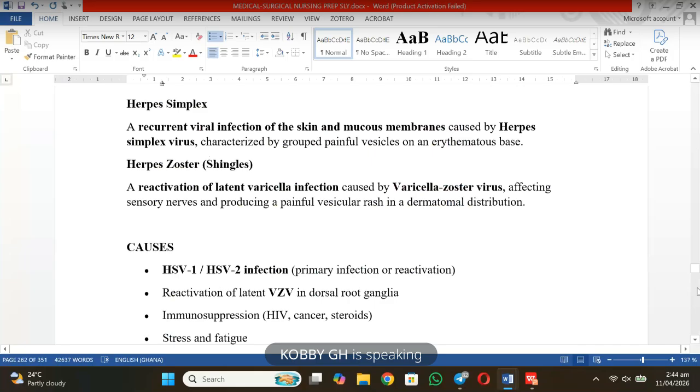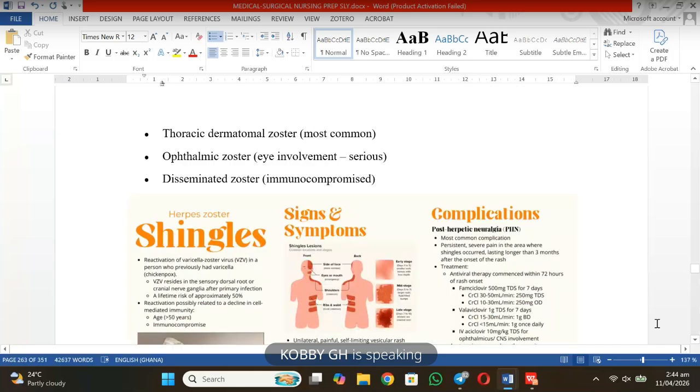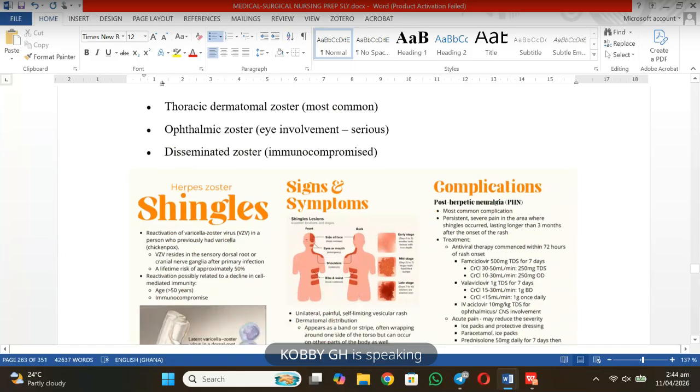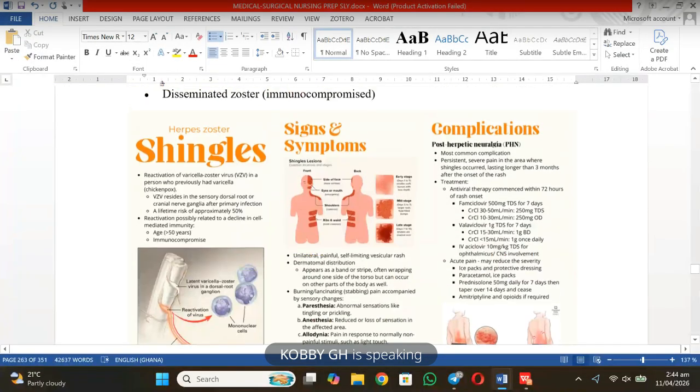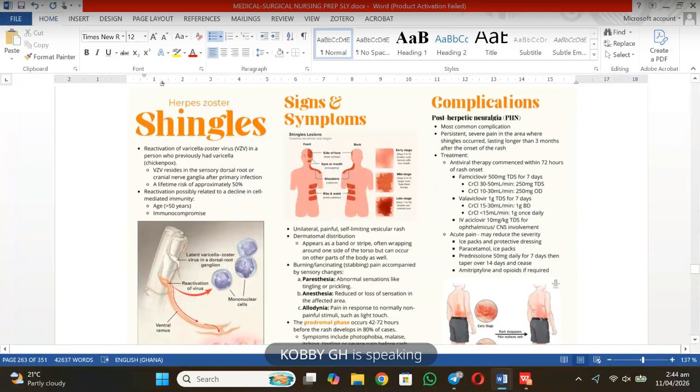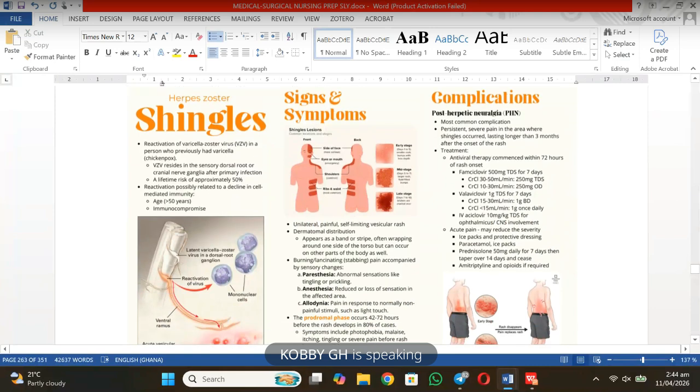Good. So I try to do the differences. There are times that they will intentionally ask you questions to see whether you can differentiate between the two. So I've done some differences over here for you to know how to differentiate between the two. For shingles, one of the cardinal signs is that it's more like a reactivation of a